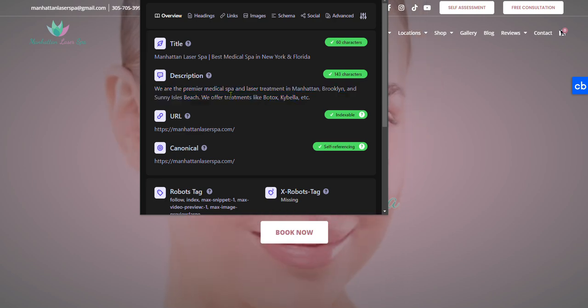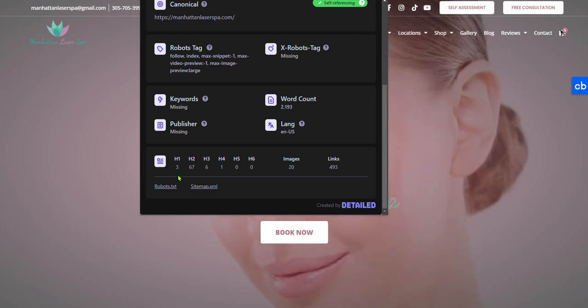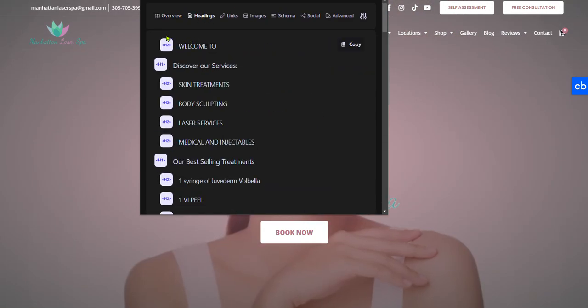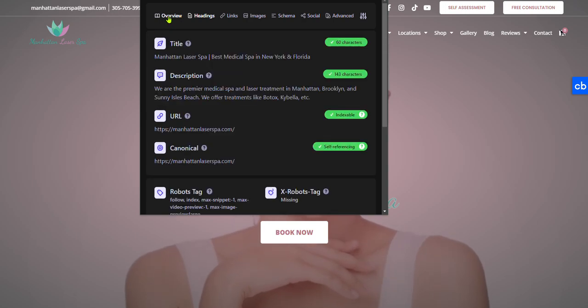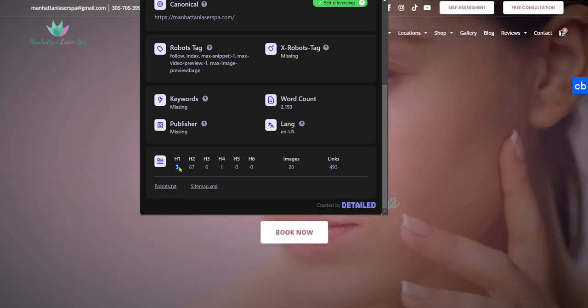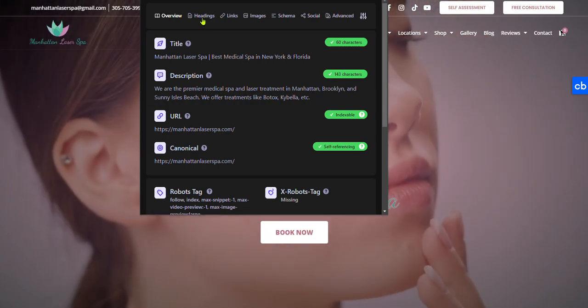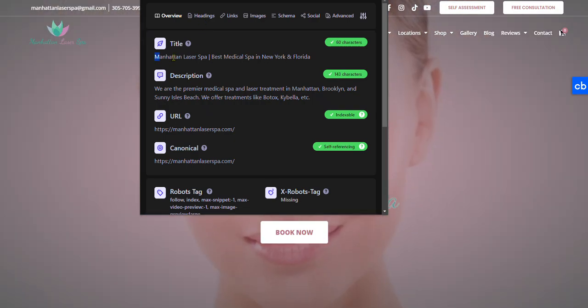They do the same here. It even mentions some of the services. The keyword count is good, but the first thing I noticed that could be a problem is the fact that there are 3 H1 tags on the homepage. We should get rid of the rest and only keep one H1 tag that is aligned with this